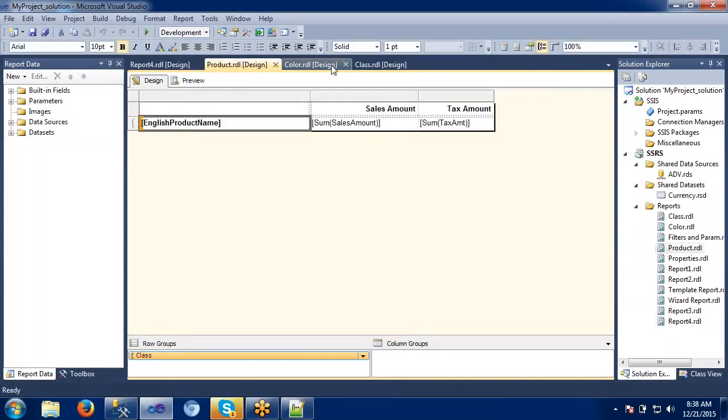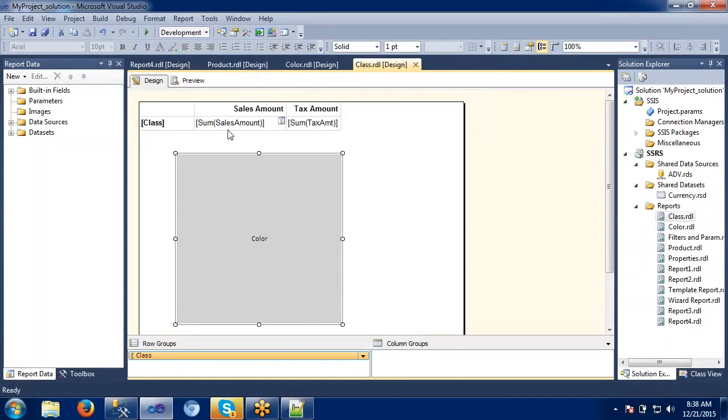But when we are using a drill through report, it takes me to another report. That is the difference of the drill through report. Coming to the sub report, on the same page we are displaying the sub report. That's the difference I wanted to show you. This is how we can use drill down, drill through and sub report.